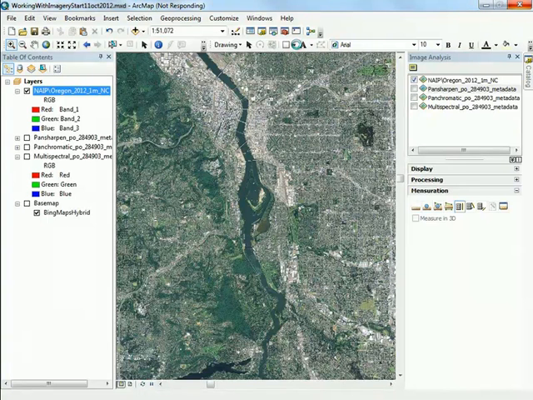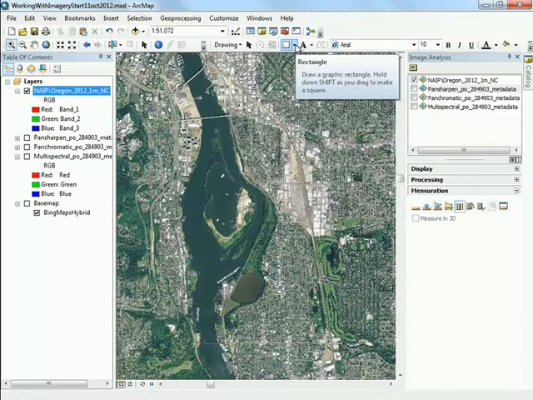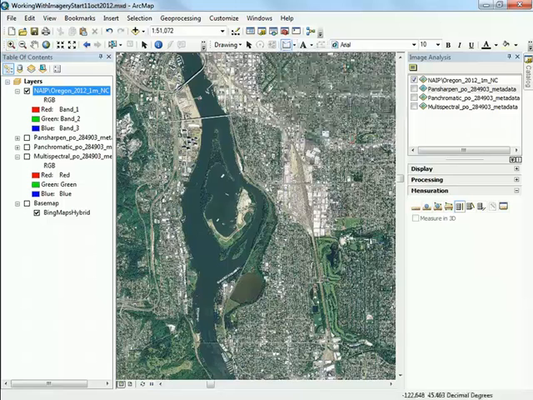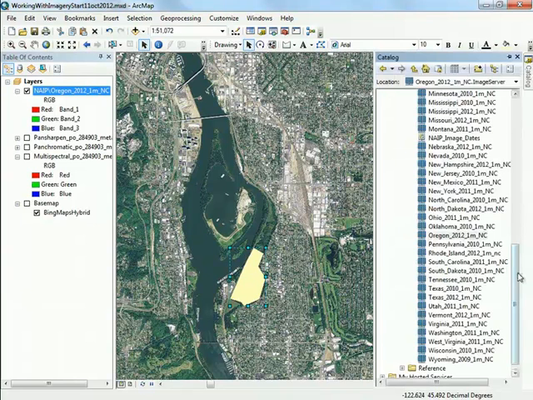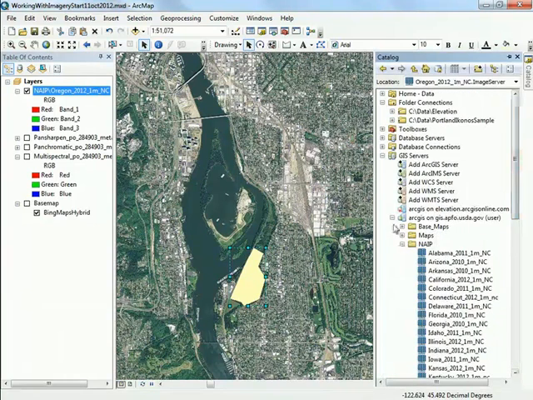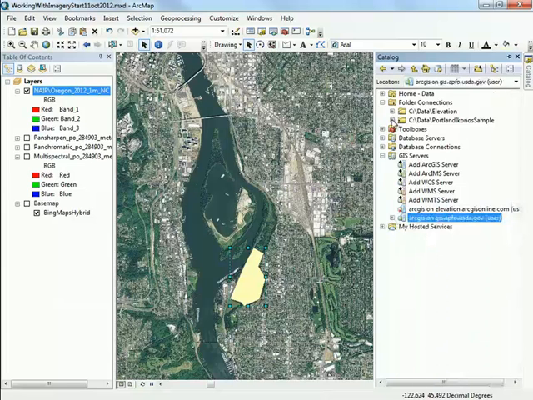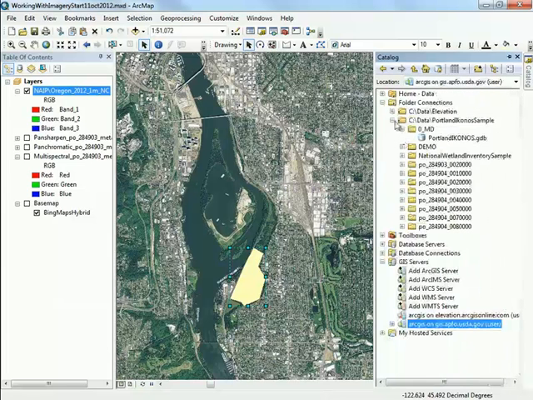And what I would like to do is digitize a polygon around a wetland from the NAIP imagery. So let me get a polygon started and click around this, and again, note that this is all based on the image service that I've acquired from the USDA, so none of this is local imagery. So there I've clicked around my wetland, and I'd better check my work, so I'll go to some imagery that